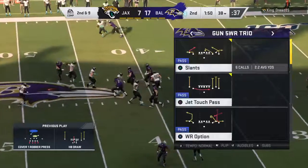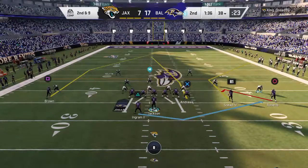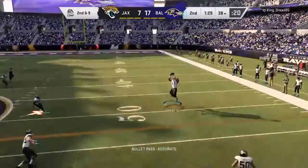The former All-Pro Marcel Darius brings him down. You mentioned very early on the need to establish a running game for this young QB. They really haven't been able to do that, though, in the first half. So that means what in halftime? Adjustments time, right? Figure out what they...